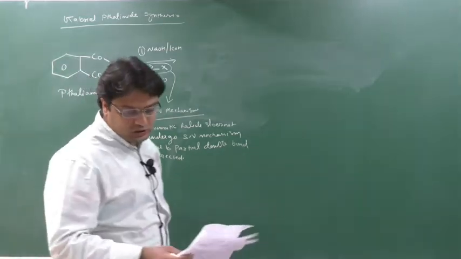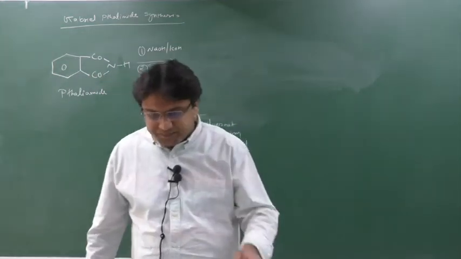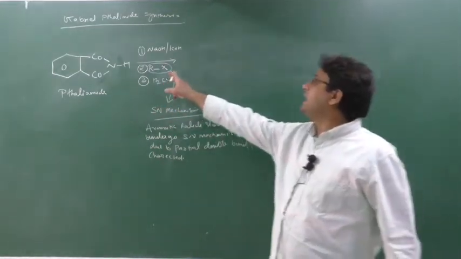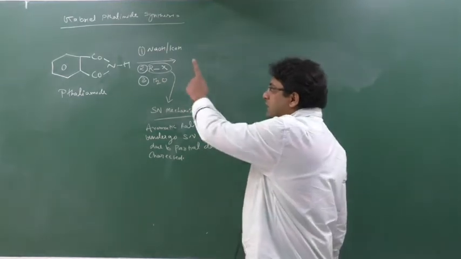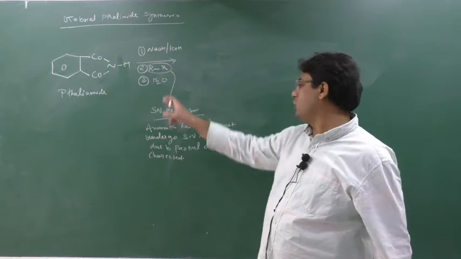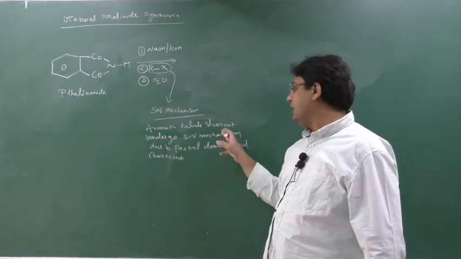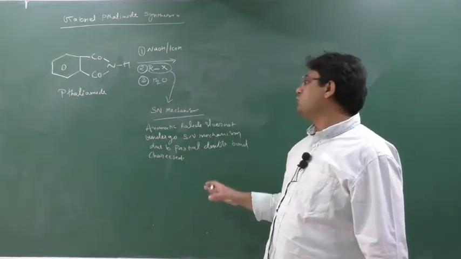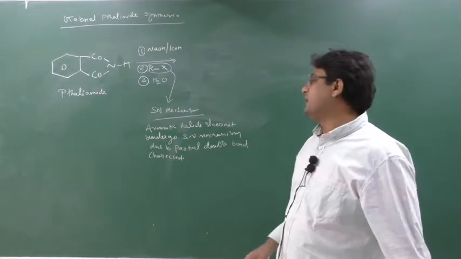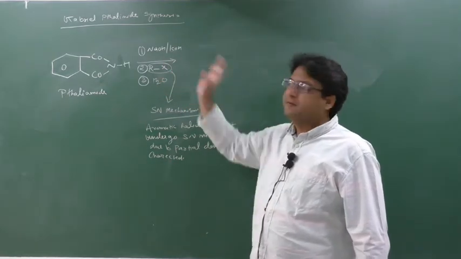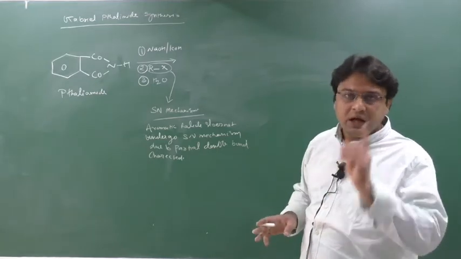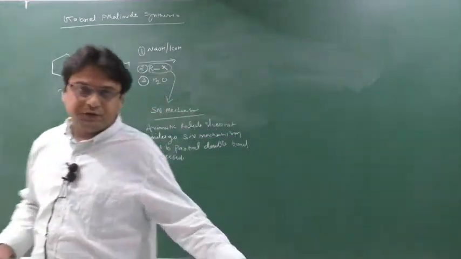Aromatic halides don't show it. This is one question: this RX can be used only if it is non-aromatic; it can only be aliphatic. Aromatic RX cannot be used because aromatic halides don't undergo the SN mechanism, due to partial double bond character. Hence RX should be only aliphatic, not aromatic. This means you cannot prepare an aromatic amine here. You can only prepare aliphatic amines. Clear this part?